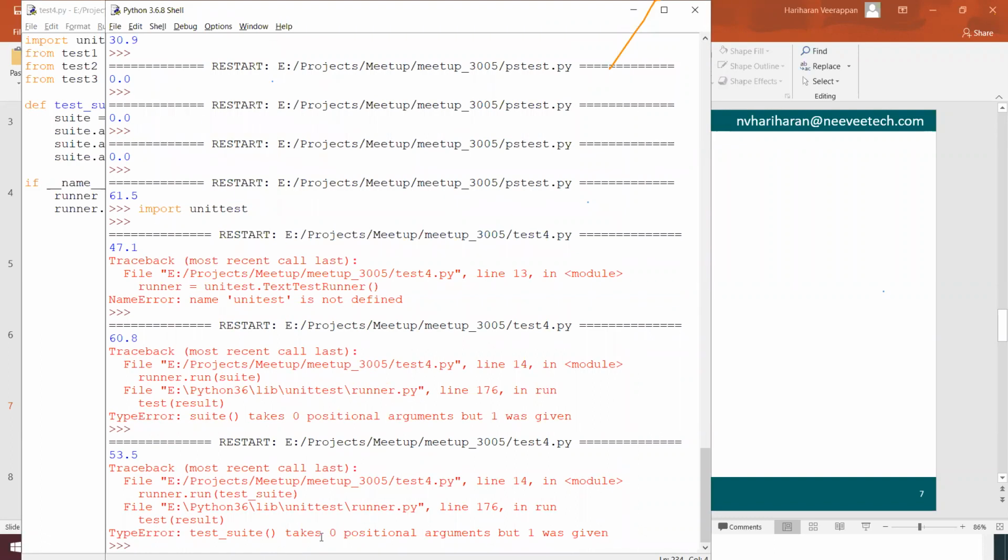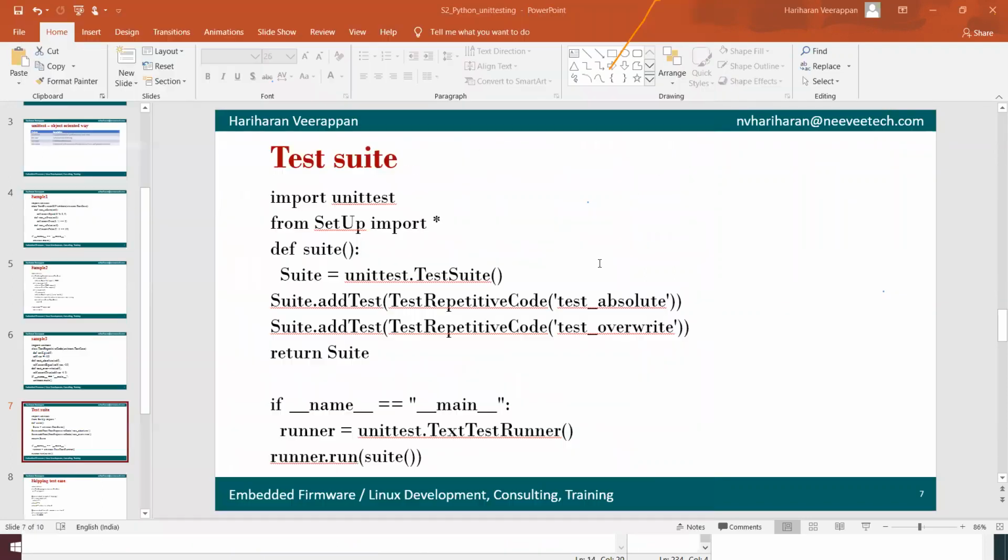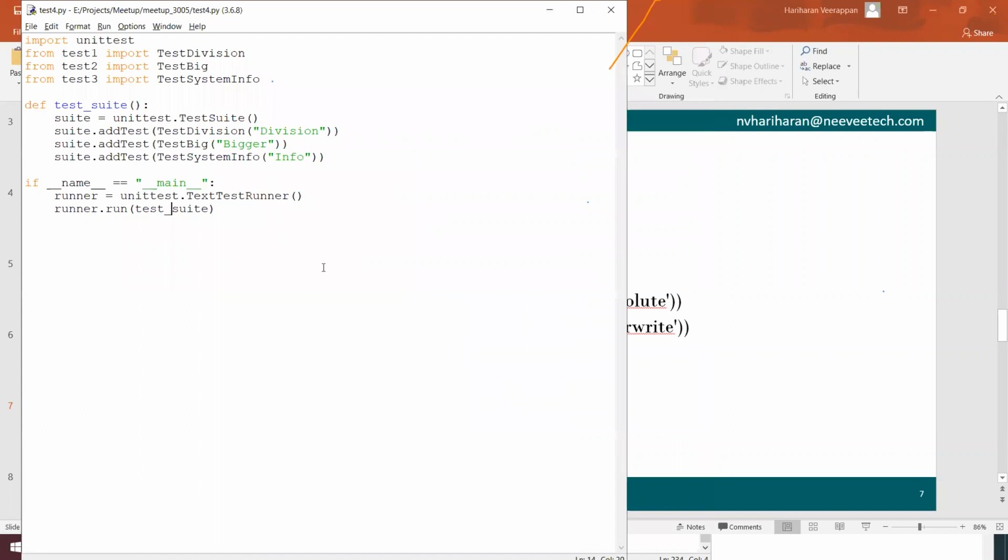Test suite takes 0 positional arguments, but 1 was given. I think return suite. Okay, I have to give the functions here to run the function.